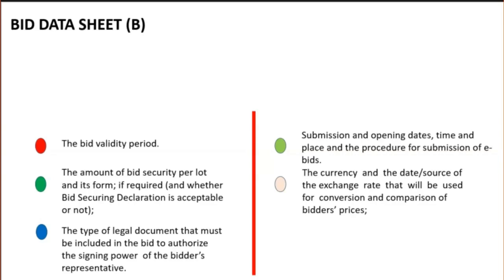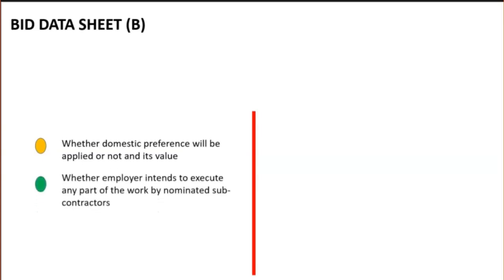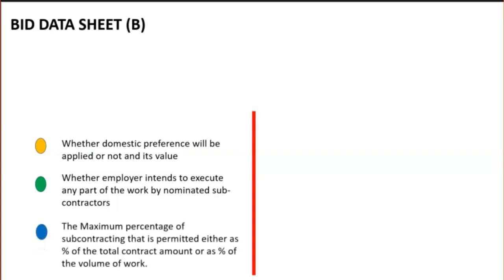You get information relating to the exact bid evaluation criteria that will be applied as stipulated in section 3. Again, you will get information relating to whether domestic preference will be applied or not and its value. You will get information relating to whether the employer intends to execute any part of the works by nominated subcontractors. You will get information relating to